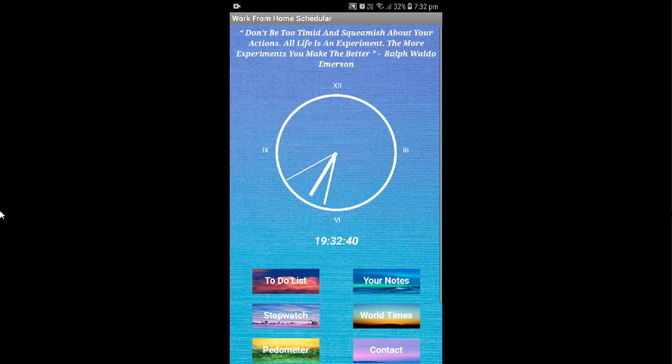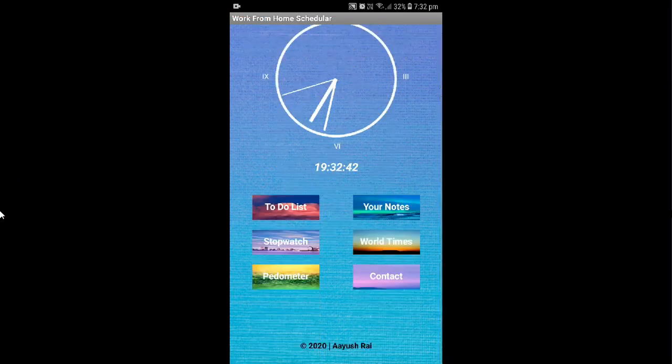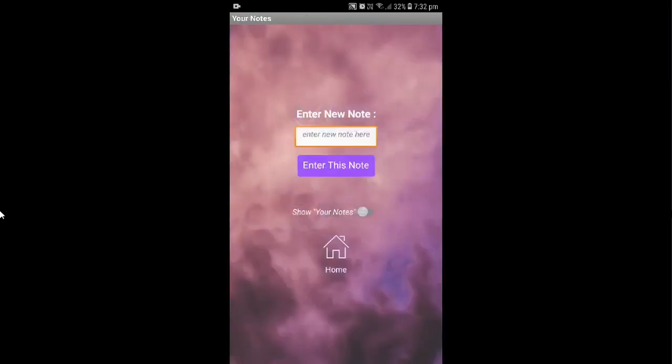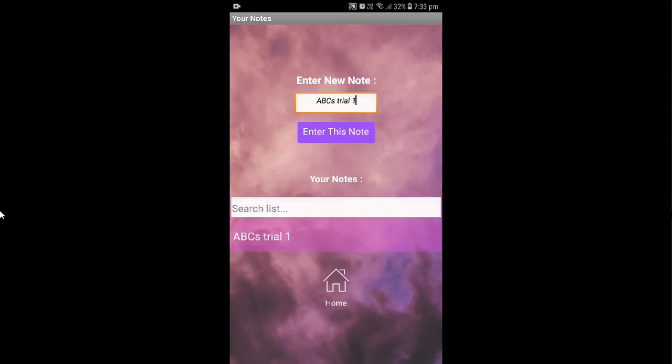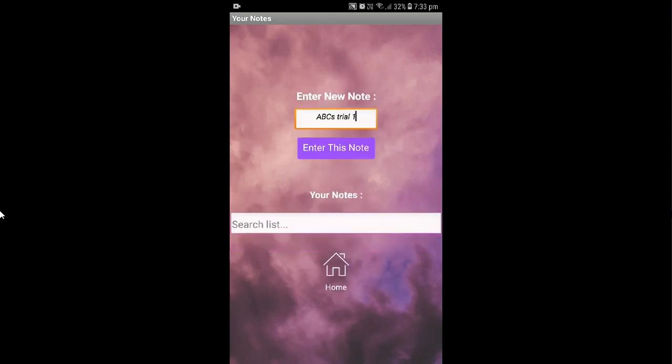Now for the next part, we go to your notes. It takes us to the screen where it says enter new note. Now this screen is actually pretty similar to the to-do list part. Just for a separation of your notes with the list, I've created this new screen. Similarly, I enter a new note. For example, the note is ABCD or trial 1. Then I enter this note, and now I go to my notes and I can simply remove it just as